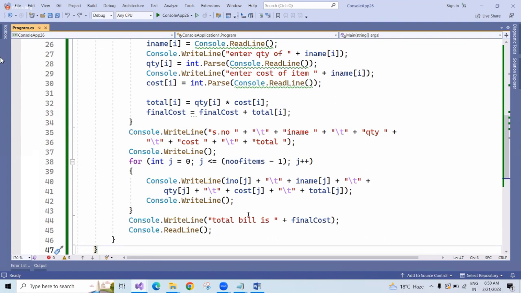So from tomorrow onwards, we are going to start with OOPS concepts. So I request everyone, don't miss the OOPS concepts. If you miss the OOPS concepts,